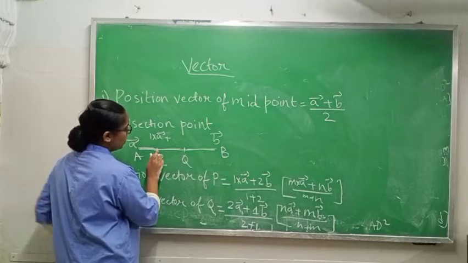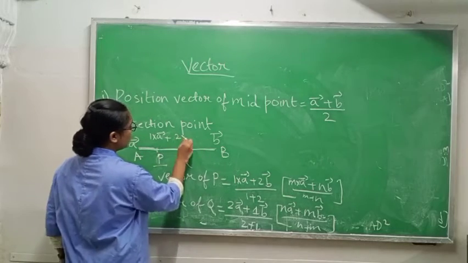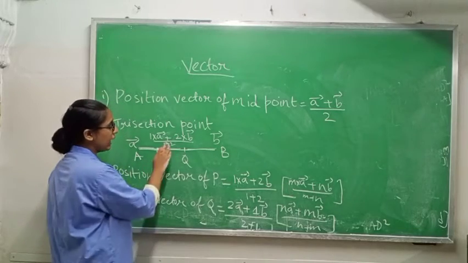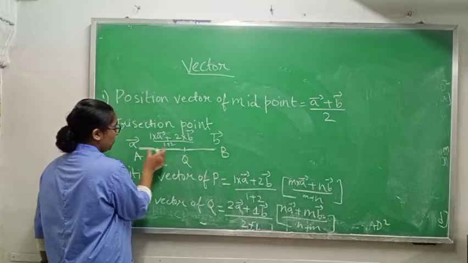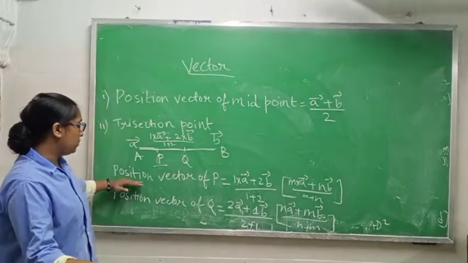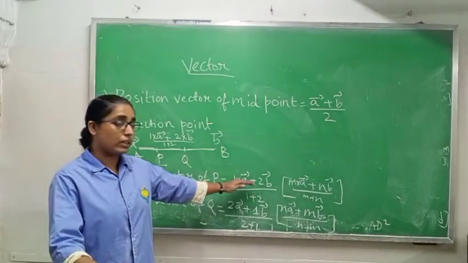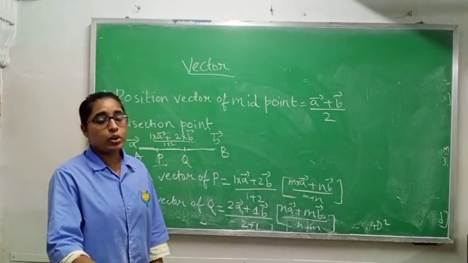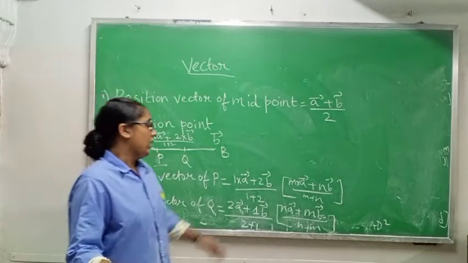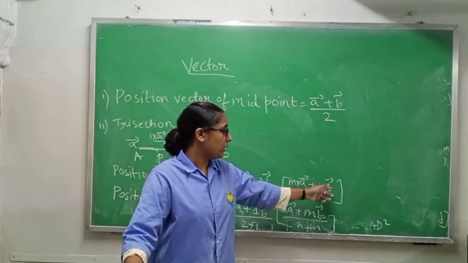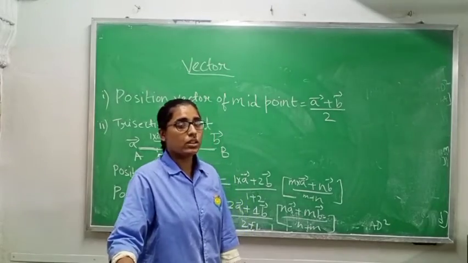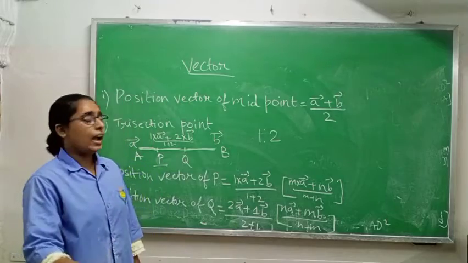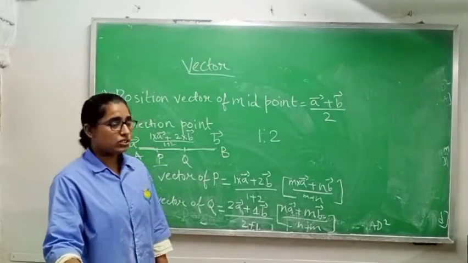So it means 1 into A vector plus 2. And how much is left from P to B? 2 parts left. It means 2 into B vector, divided by 1 plus 2. Okay, we will add this; we will find the right total part. That is why I am getting position vector of P equals 1 into A vector plus 2 into B vector by 1 plus 2. You have done this type of formula in straight line, I think: m A vector plus n B vector by m plus n. Means if the ratio is given in 1:2 form and they say it is trisecting, at that time you use this formula from the straight line chapter.